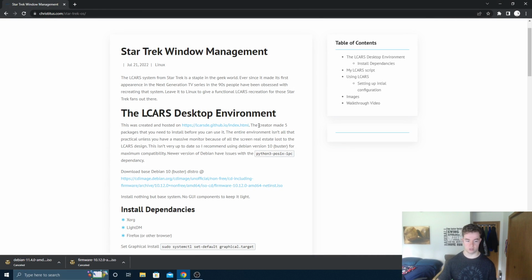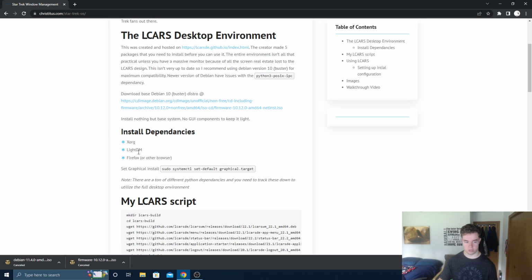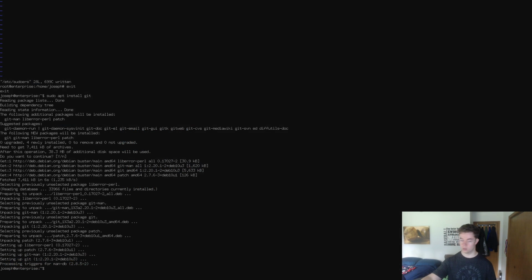Now we just have to install dependencies right here, like Xorg, LightDM, and whatever browser you want. I'm not going to install Brave, although I would like to, just because I had to add some dependency and I'm not going to do that right now. But for now, let's install those dependencies. So sudo in your main user, sudo apt install